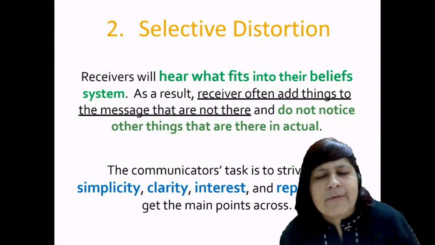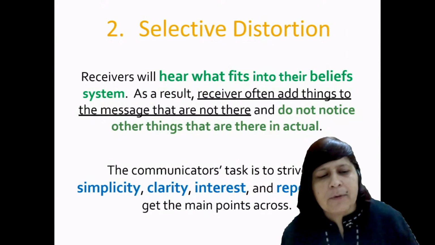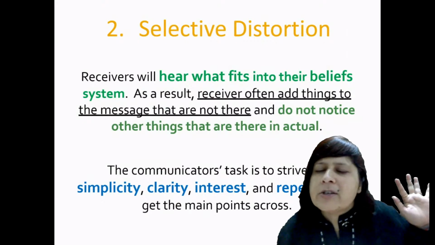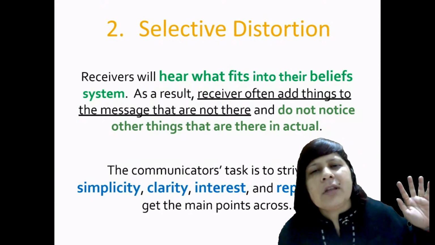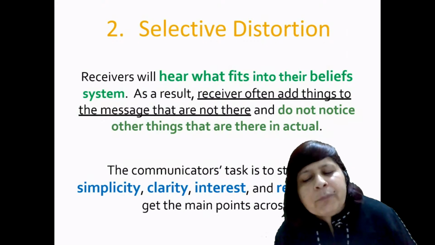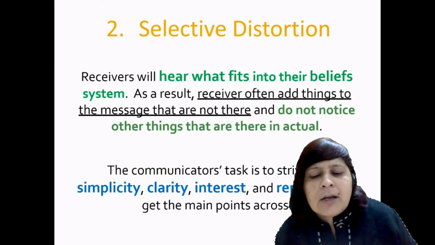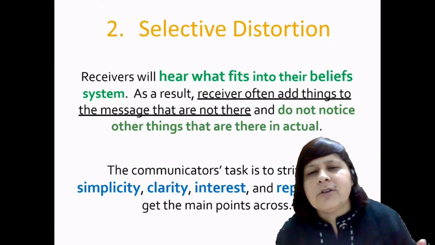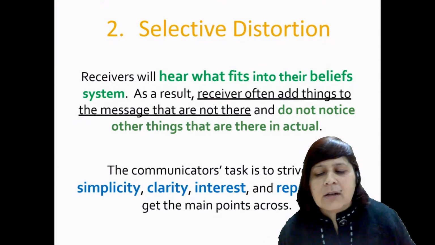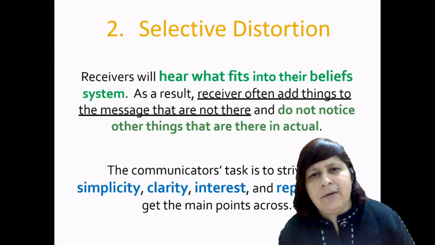A receiver will hear what fits into their belief system, their value system. In this process, they might add things to the message that are not there, and not notice other things that are actually there,